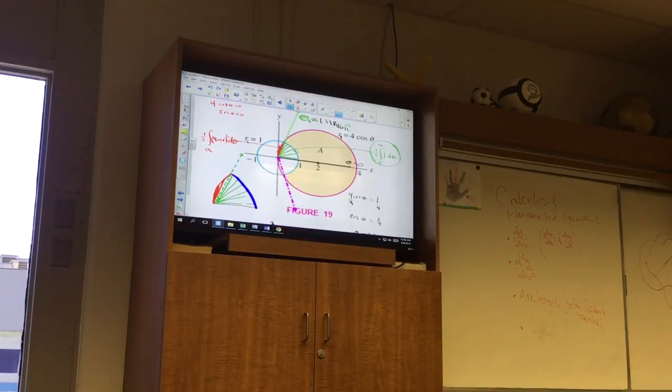Based on the fact that when theta equals 0, you're up at 4, and then that's going to be theta equals pi over 2, right there. And so this is that area that I have in red. So what I'm going to do is